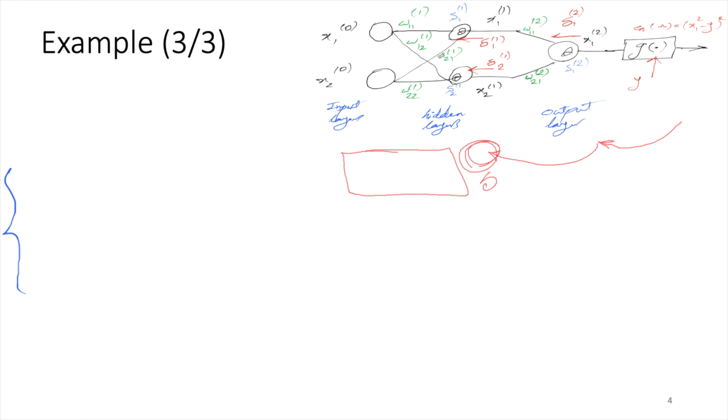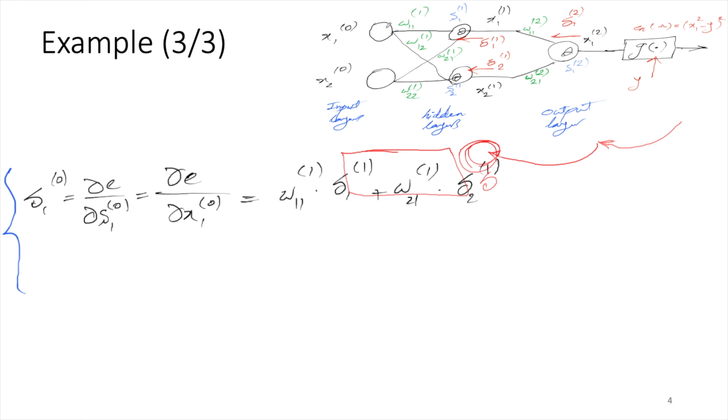So here we have two connected S's which are connected to two W's, I1 and 2, which are representing two inputs x1 and 2. So now delta 1, 0 corresponding to the first one, and delta 2, 0. Let me get rid of this. So for the delta 1, 0, it's going to be the expansion of the chain rule. So W1, 1 of 1,